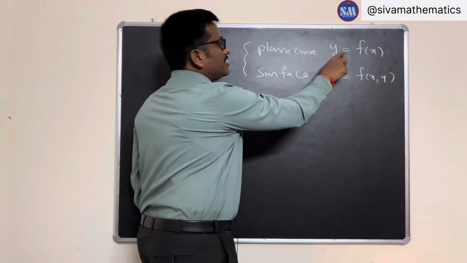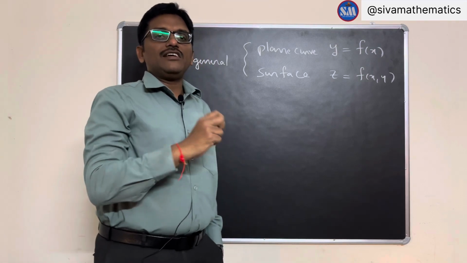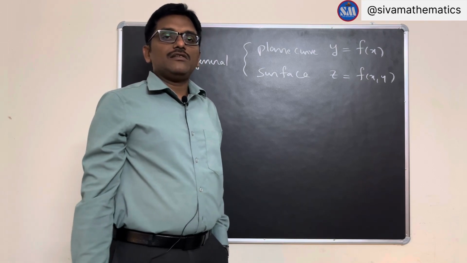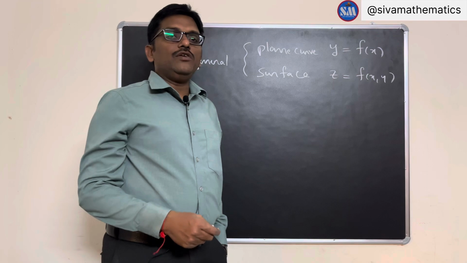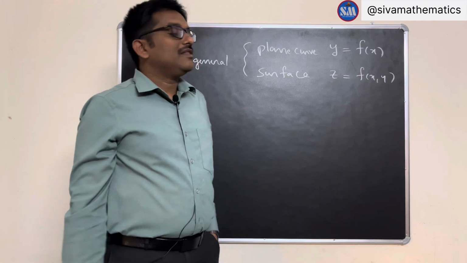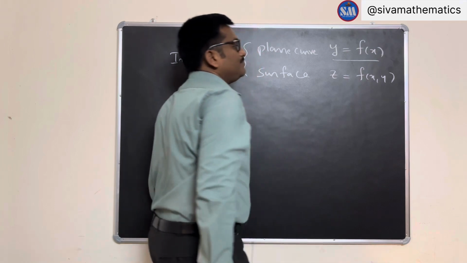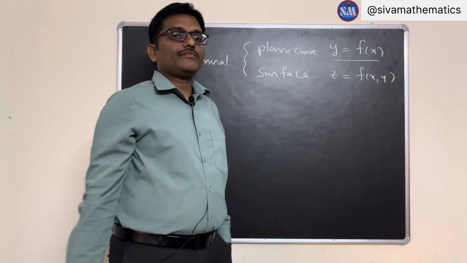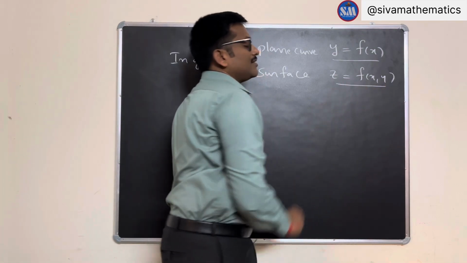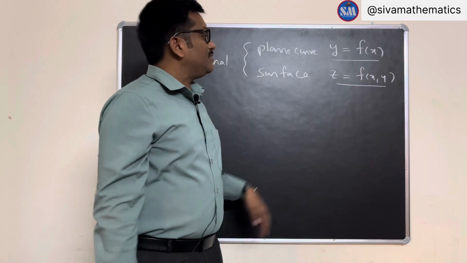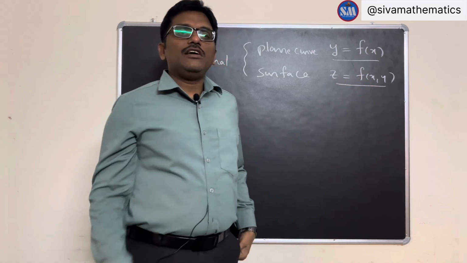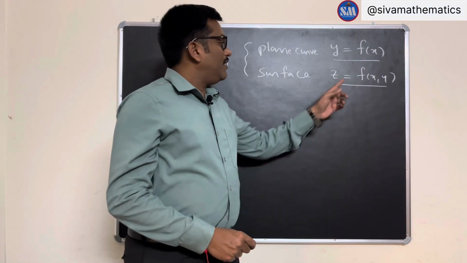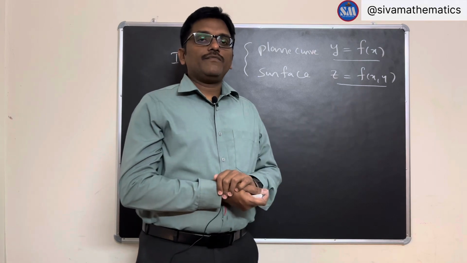To find the limit of a function of a single variable, if we find the left hand limit and the right hand limit, that is sufficient. If both are equal, then we say the limit exists. And if it is also equal to the function value, then we say the function is continuous at a. We have already discussed how to find the limit of a function of a single variable and when a function is said to be continuous at a point. But coming to functions of two variables, we have already discussed the method of obtaining limits in the previous lecture. Now we discuss when a function is said to be continuous at a point.